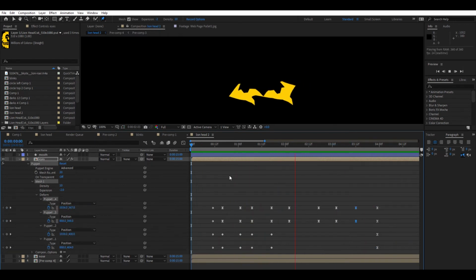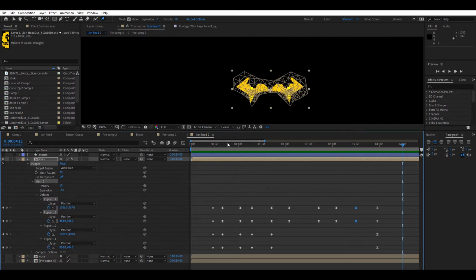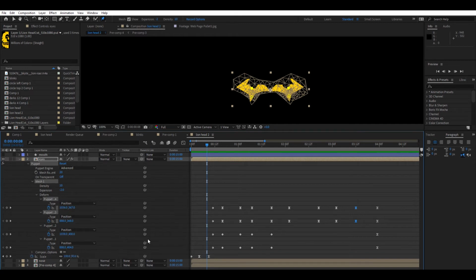Let's take a look at that. Okay, looks pretty good. I'm gonna add a couple blinks in there. So we already have our blink animation. If you hit Shift S, you'll see the scale come down here at the bottom. You can just take these,